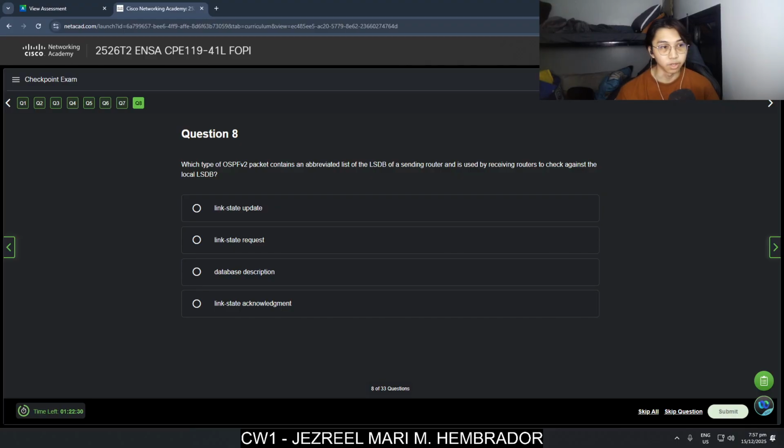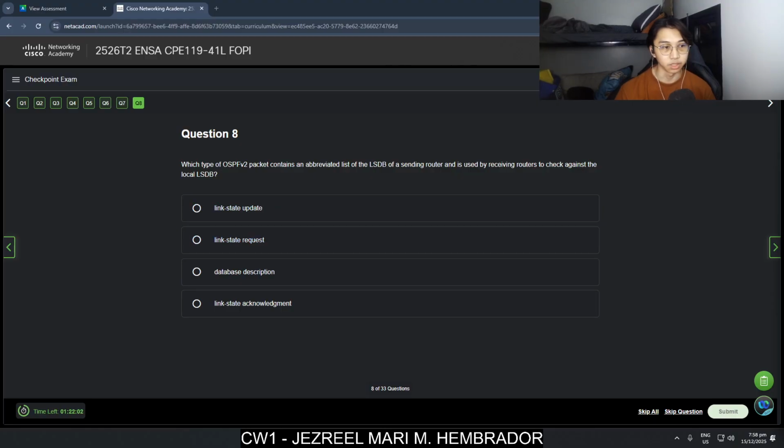Which type of OSPFv2 packet contains an abbreviated list of the LSDB of the sending router, and is used by receiving routers to check against the local LSDB?